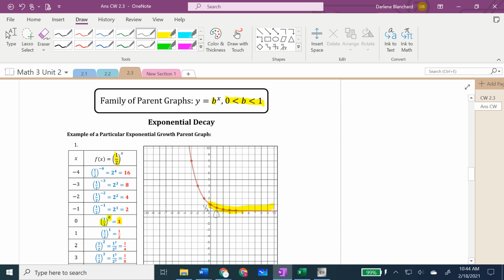I don't. So if I'm always giving you 1 divided by a number, here I gave you 1/2. Maybe I give you a base that's 1/3 or 1/4. What I want you to see is if you put -1 in,